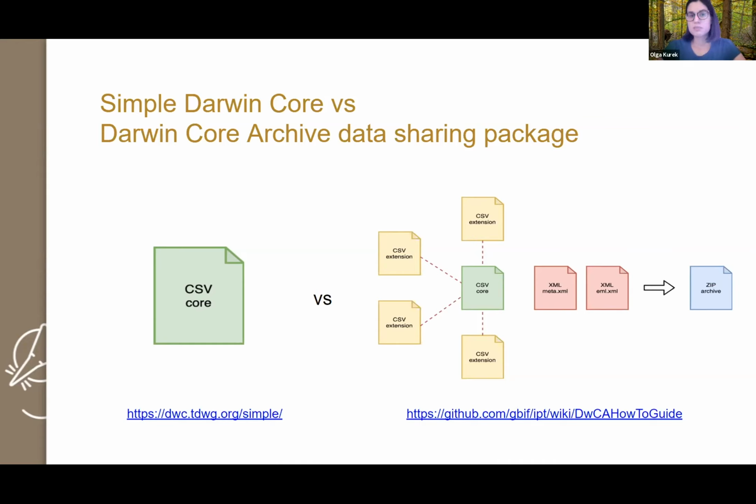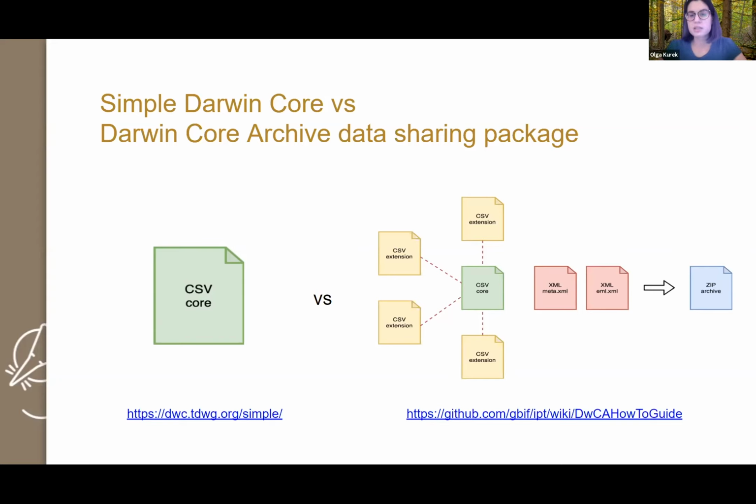Our records are in rows, and each record can be described by a single term. And what is a Darwin Core archive? It is a kind of relational database where our records are described by those core terms. And this description can be enriched with extensions of this core database.